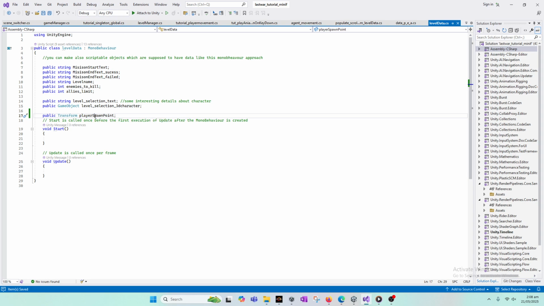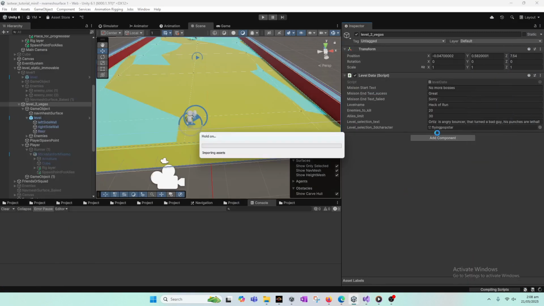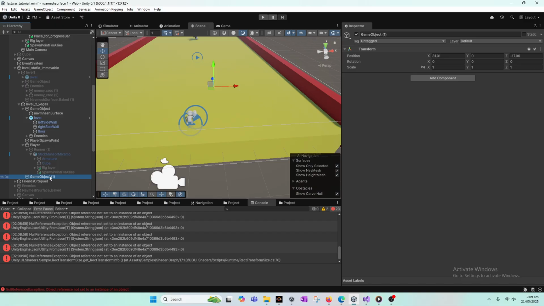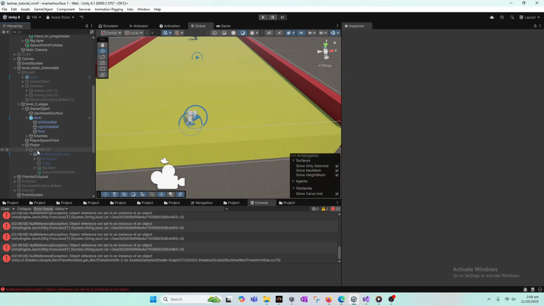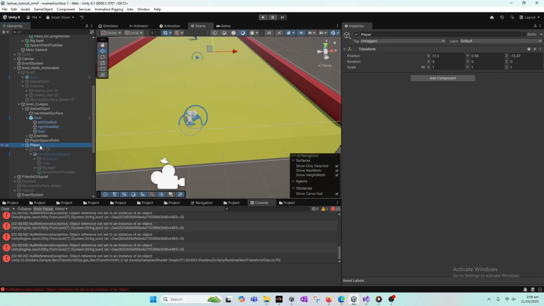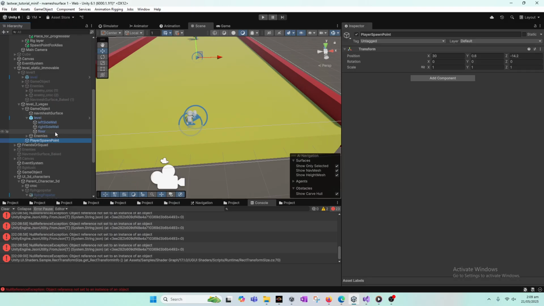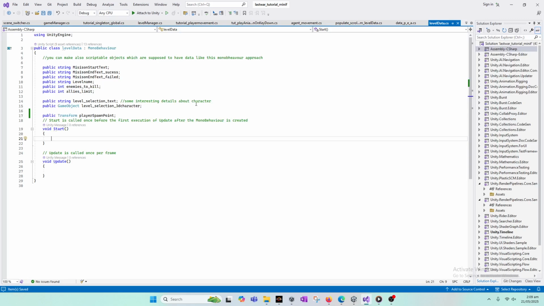This is where the player spawn point will be, and here simply assign the child component that we just created with the name player spawn point. Now we assign the player spawn point and delete this game object, I guess, because it's not being used, and this player we will delete as well. Now whenever the game starts,